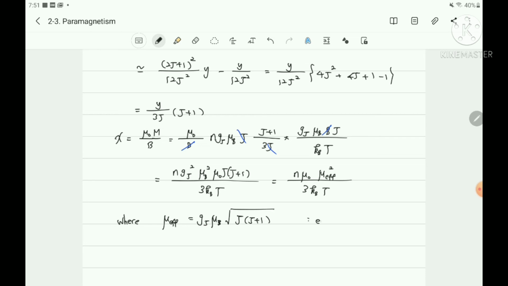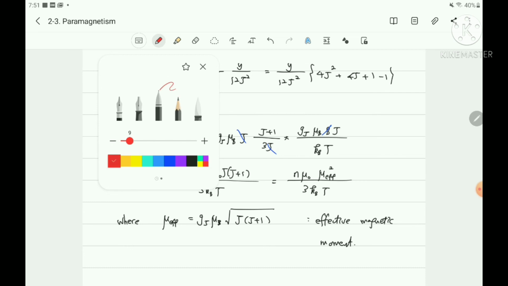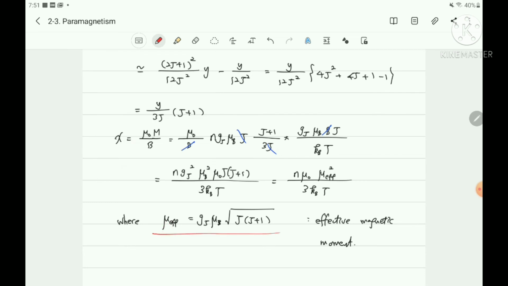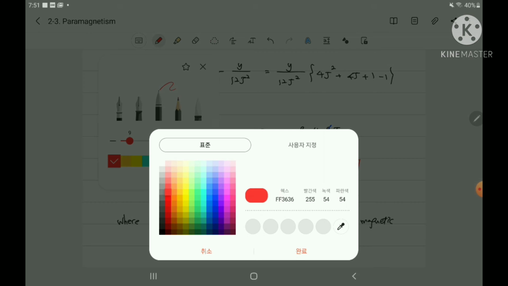It is the effective magnetic moment, and you need to remember it. When I make a red box, you should memorize this formula because it is very important, and also this should be remembered, because